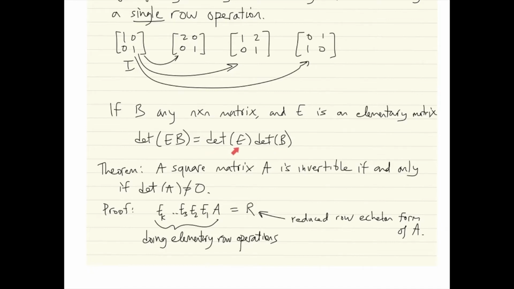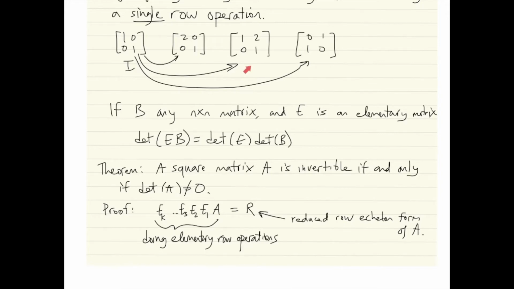And a fact we've seen last time is that the determinant of the matrix you get from applying a row operation to B is the original determinant of B, but sometimes the determinant changes, gets multiplied by the determinant of E. For example, when you swap 2 rows, the determinant gets multiplied by -1. When you multiply through a row by a certain scalar, the determinant of your new matrix gets multiplied by that scalar. And when you replace a row by adding to it a multiple of another row, the determinant does not change. And so the determinant of this matrix here, you see, is 1, and that's consistent with the fact that when you do an elementary row operation